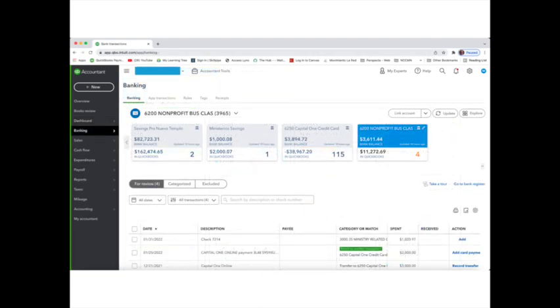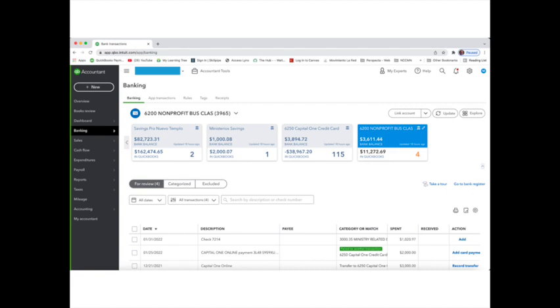Here we are seeing the banking screen for this particular church. If you notice, it has several bank accounts. The one highlighted in blue on the right-hand side is their checking account. Transactions that have come in from the bank are available for review. You have a categorize button near the center that allows you to see what has already been categorized for the system, and transactions that are excluded for whatever reason are also in a separate tab.